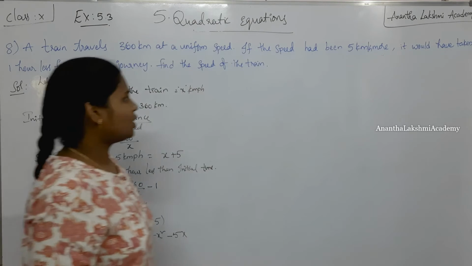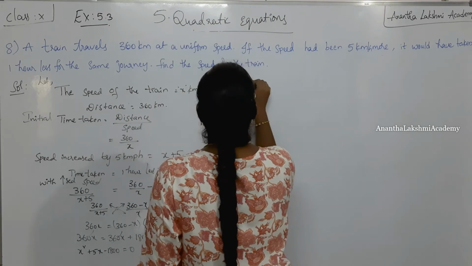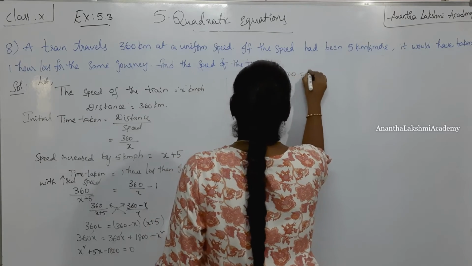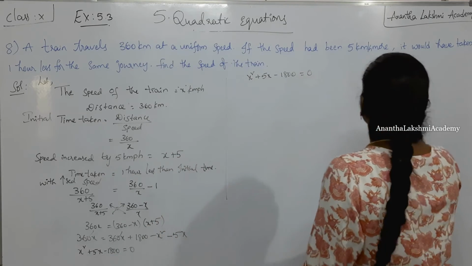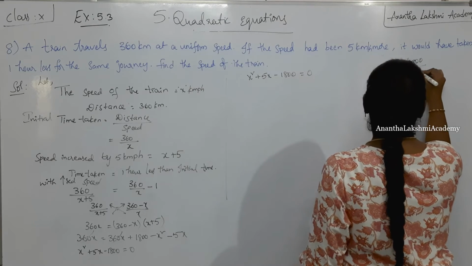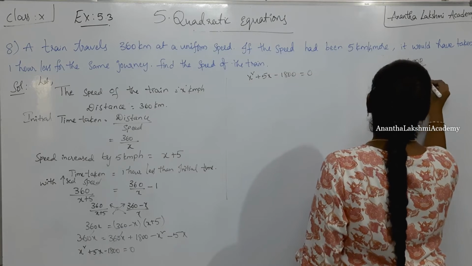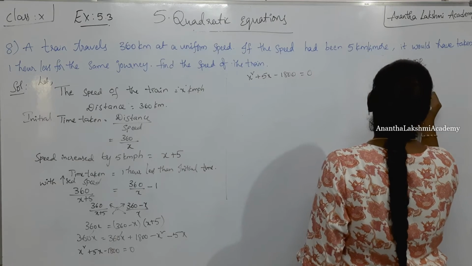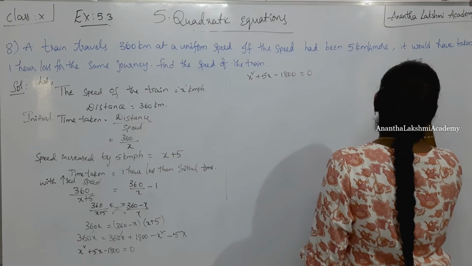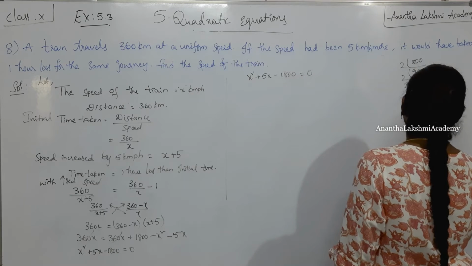Alright, so let us solve this equation using factorization. What is the equation? x square plus 5x minus 1800 is equal to 0. Let us try getting the factors for 1800. 2 9s are 18, 2 4s are 8, 2 5s are 10, 2 2s are 4, 5 4s are 20, 5 5s are 25, 5 9s are 45, 3 3s are